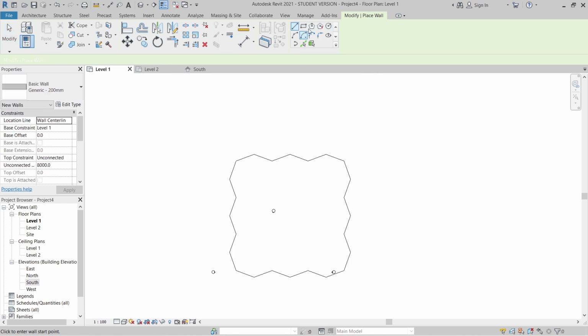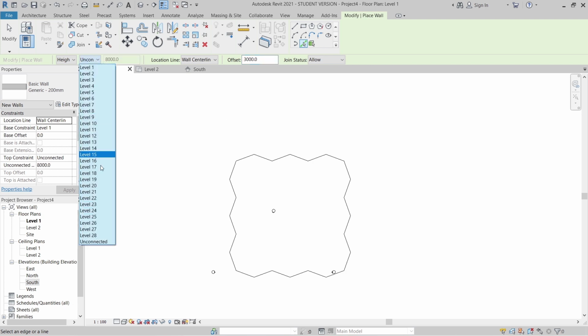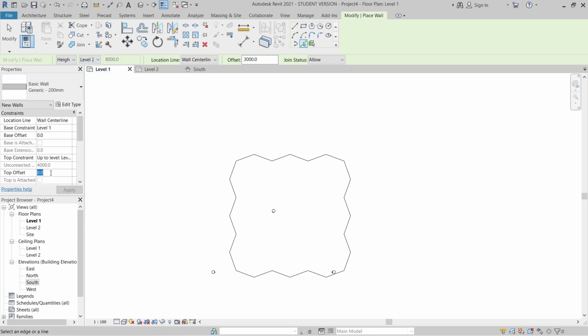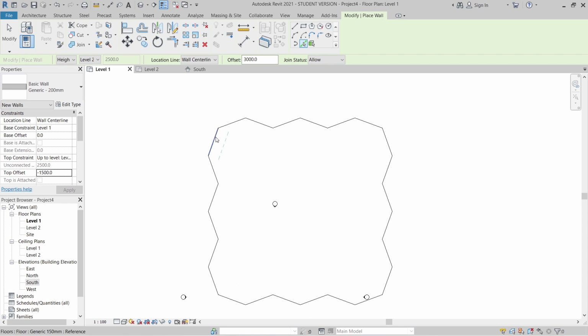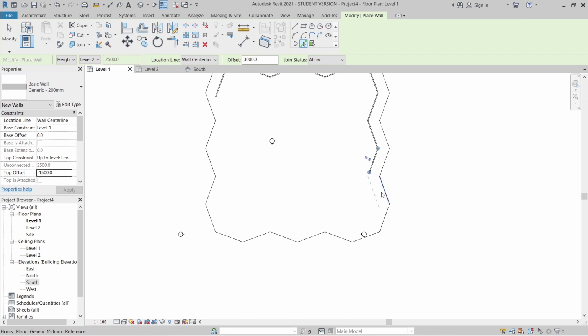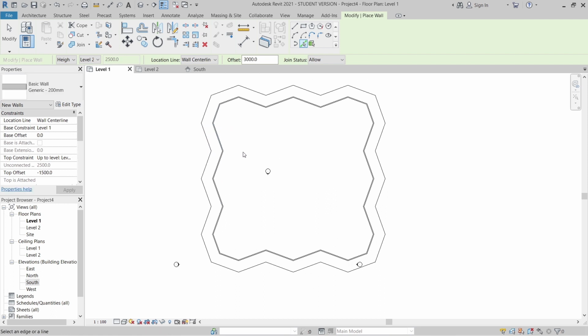Wall, use pick line. Make sure we offset about 3 meters, go in and finish on level 2, and make sure we minus 1.5 because our floor thickness is 1.5. This is the reason. So I can start picking here, as you can see. Just follow our triangle shape here. So the width will be automatic for cutting. We don't need to trim again.